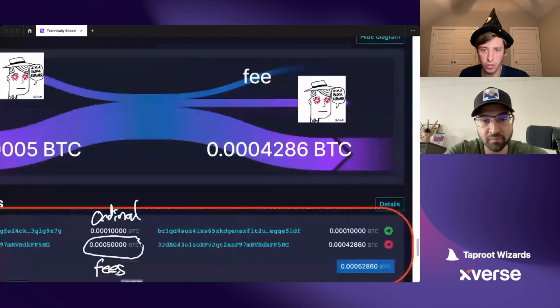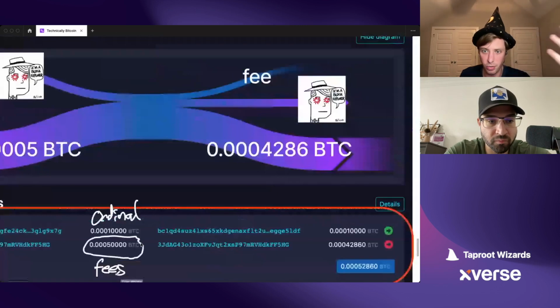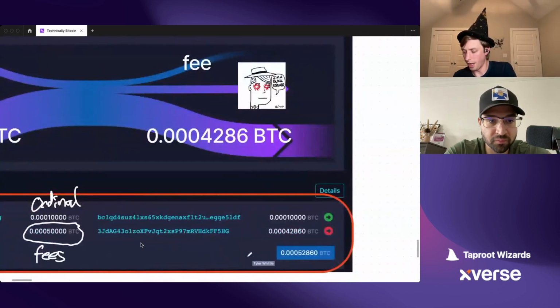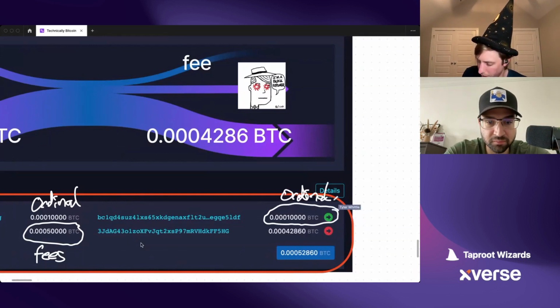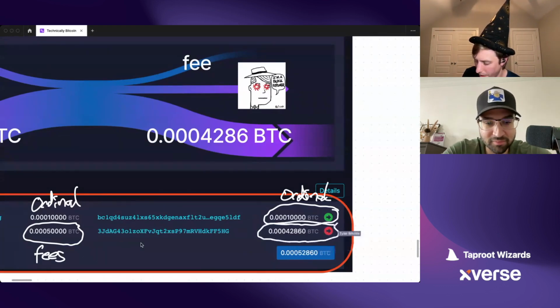If we scroll over to the outputs, what you'll see here is that there are two outputs, and you'll notice that the top one is again going to contain the ordinal. So you'll see it's still 10,000. This has the ordinal on it. But this one on the bottom is now 42,860 Satoshis. And this is the original 50,000 Satoshis minus the fee that I paid to the